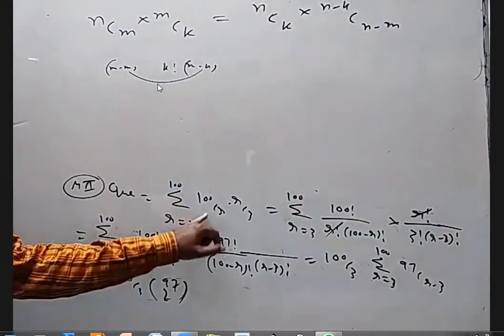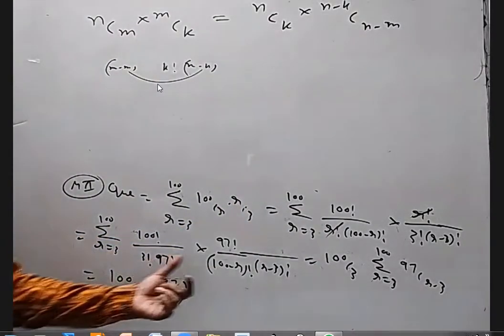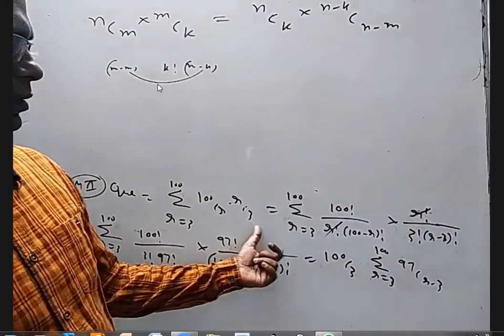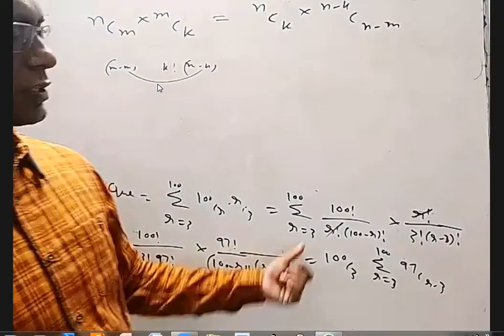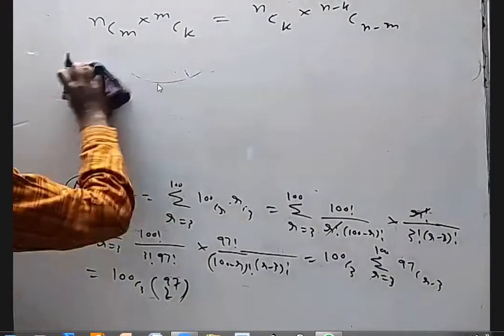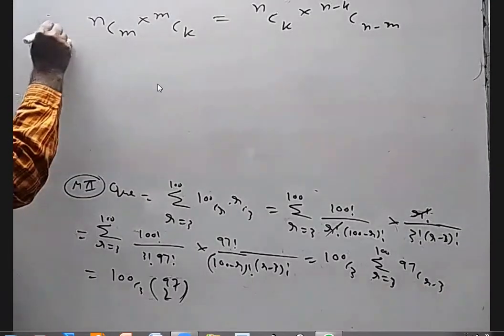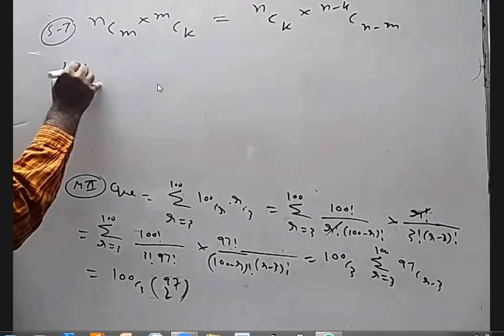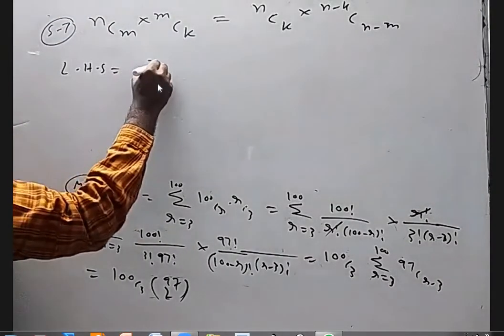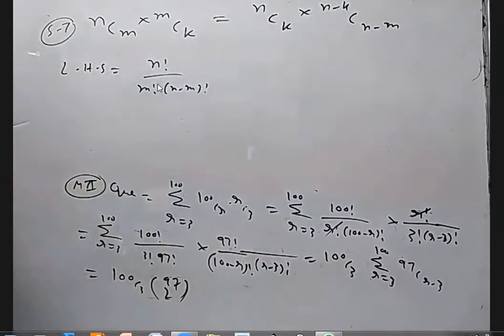So here is a product of two NCR, where both are variables. We rearrange it so that we could write this product of NCR as this product of NCR, but out of it this is constant. That is the advantage here. Okay, so I wanted to give this question earlier when I told about NCR the first time. Show that this is equal to this. You can start with LHS. NCM is n factorial by m factorial into (n minus m) factorial.